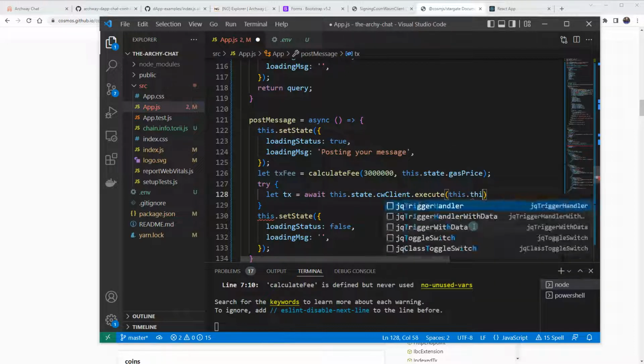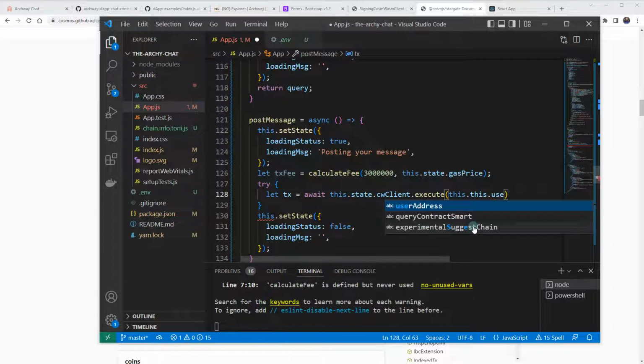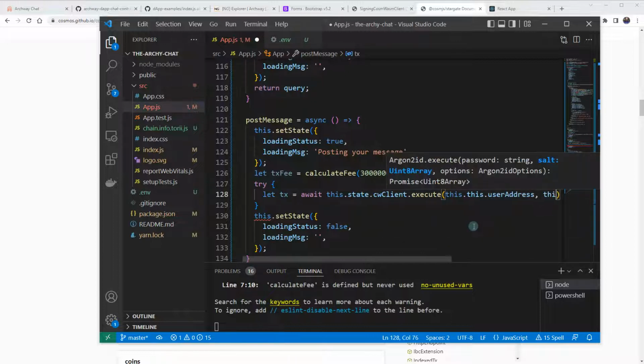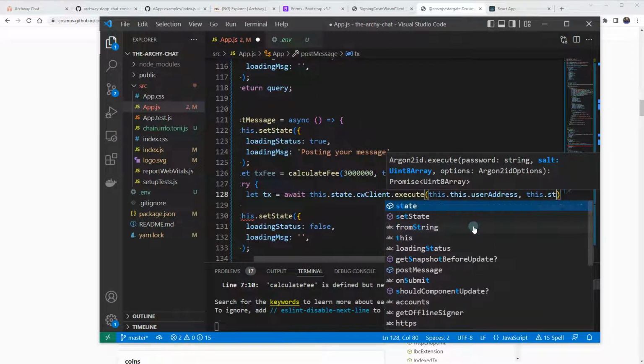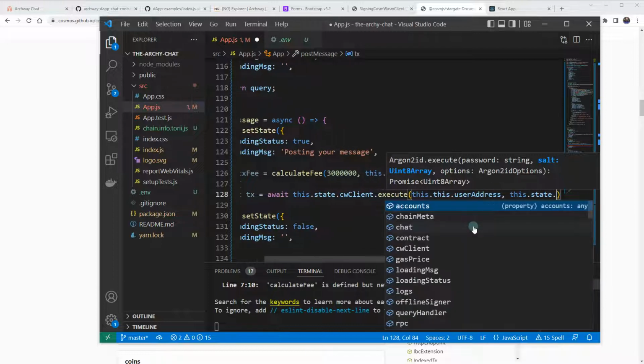So this is this state, user address of our smart contract,